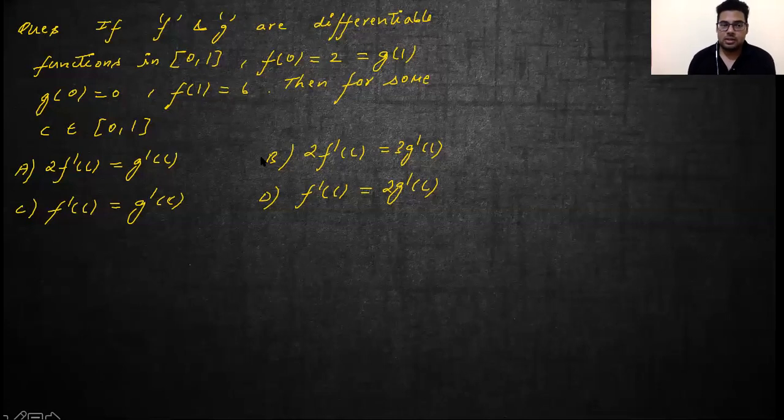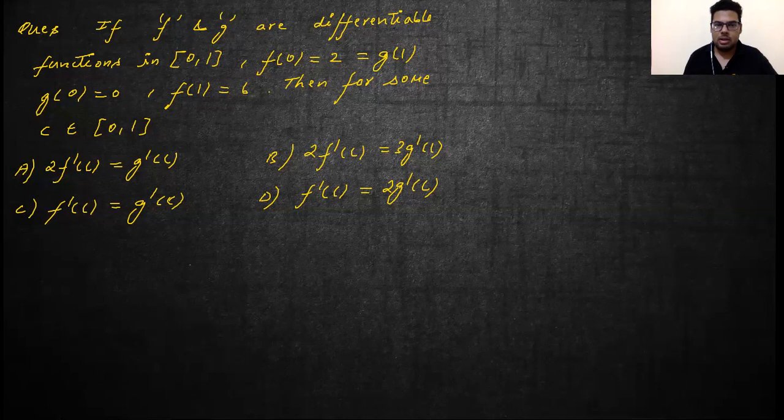What we can use is, see here, whenever you have a constant and the derivatives, all these things are getting involved, so you will have to use Rolle's theorem. Now in this case, for Rolle's theorem, you need to have the condition that f of a equals f of b, or any function that you have, right? Now, if you try to explore the options, you'll have to take a hint from the options for sure.